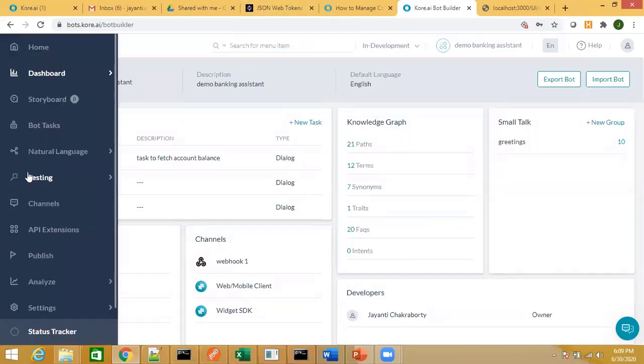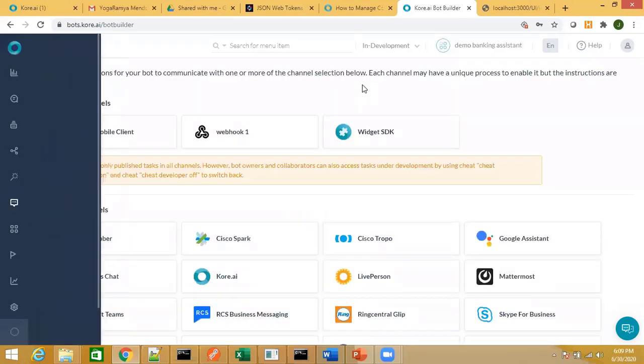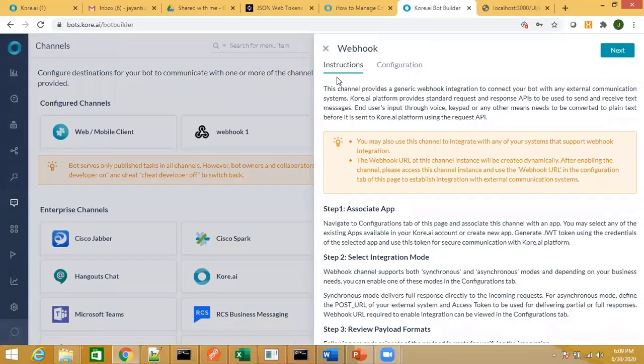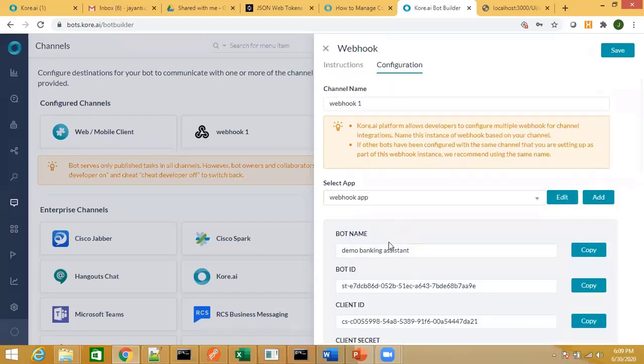I go back to the channels because I need the client ID and secret. If you are integrating from some other place and you want to generate the JWT, because that will be required as a token for the authorization, that is in the headers, you will need to provide that authorization token. So provide the client ID and the secret so that whoever wants to do this integration can generate the JWT.